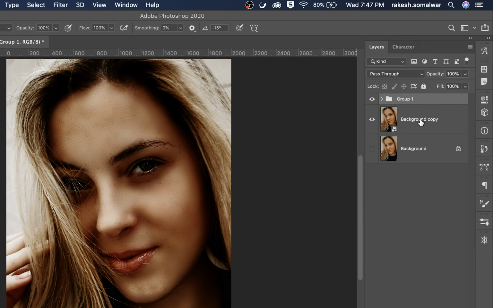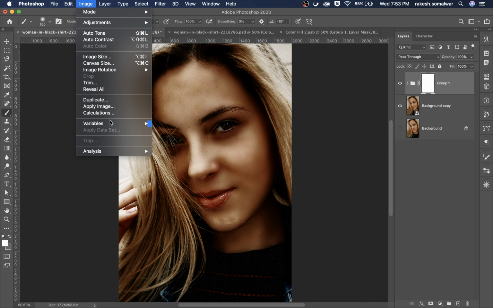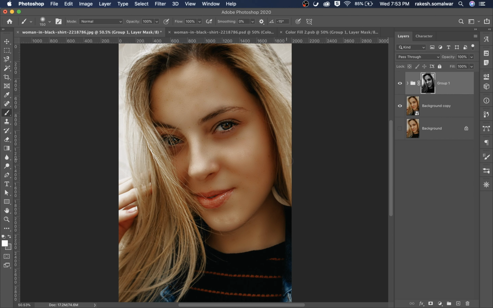On that group, I click on mask. On that mask, I apply an image to give a 3D depth. Go to image, apply image, and keep all settings as they are because it takes that same file to apply the depth. Look at this effect right now.